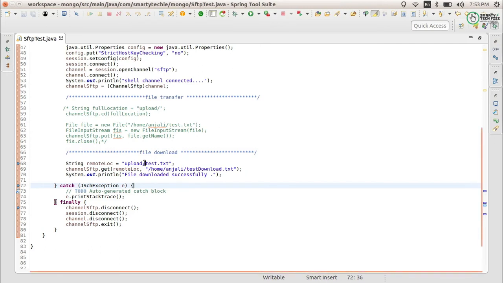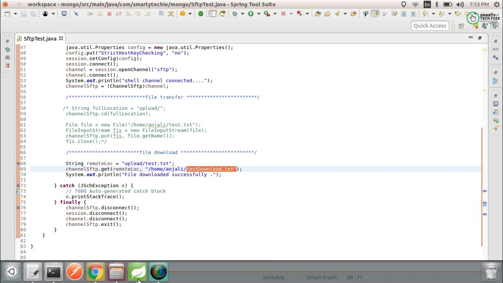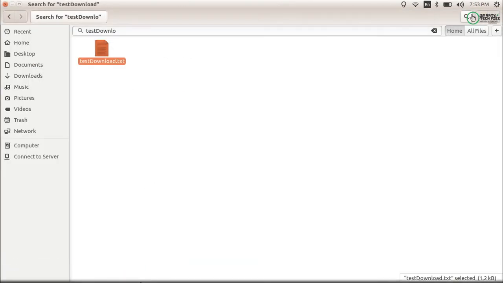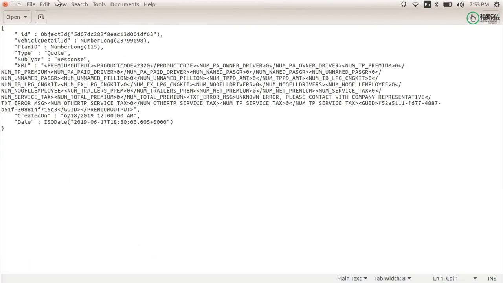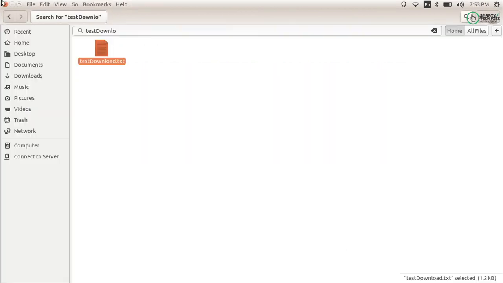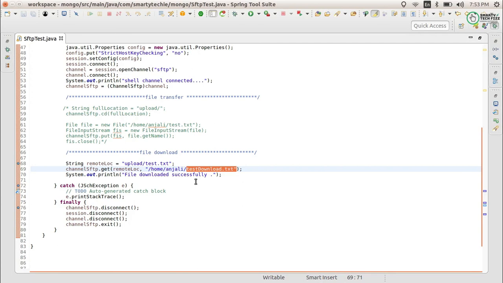If you want the same name, you can provide the same name here. That depends on you, what name you want it to be downloaded as. So the file is downloaded now, test.download.txt. This is the file which I uploaded earlier. Fine, so this is all about downloading a file from the remote location using the SFTP server.